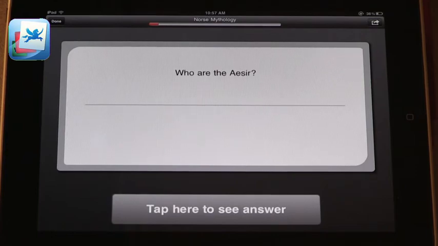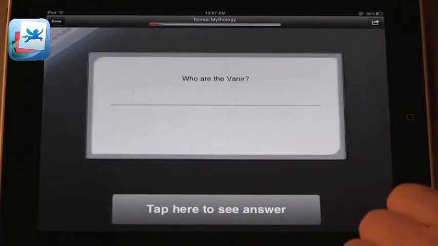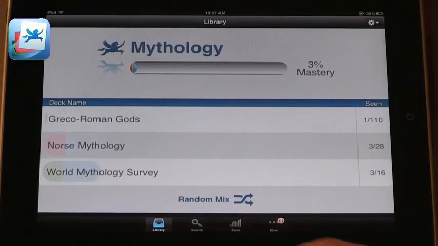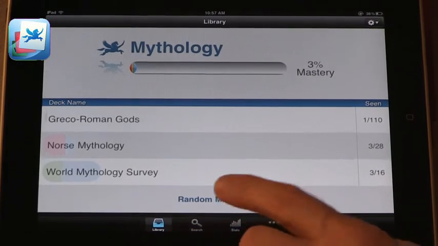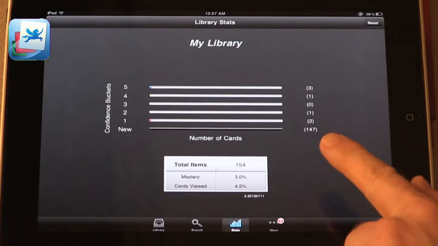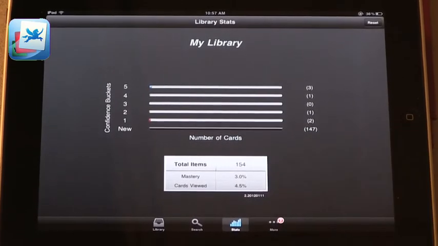As it becomes green, you will see more green coming up, so you would say, I know this perfectly, and you can see that the bar starts turning blue. So as you get better and better, the bar will turn blue. When the bar is completely blue, you actually know everything that they have to use for practice. And the nice thing about this is you can start seeing how many concepts you know and how well you're doing. In this case, I'm not doing very well.